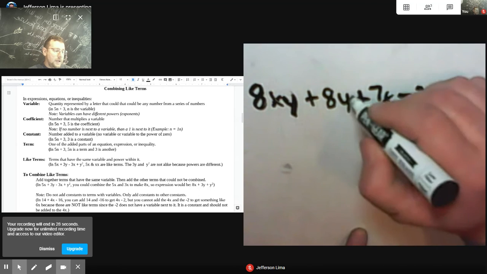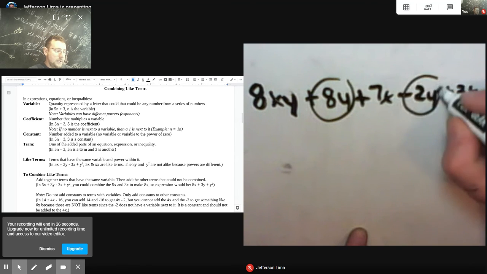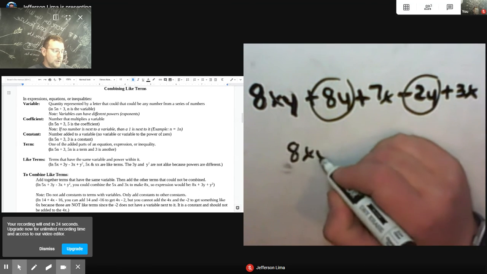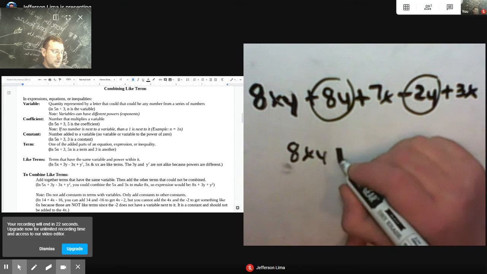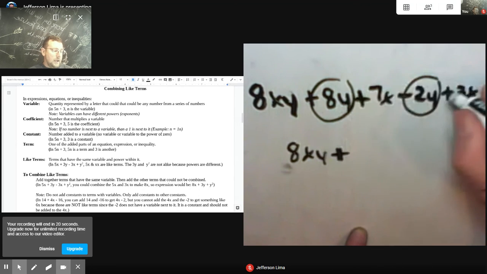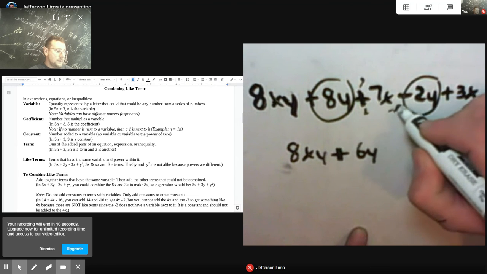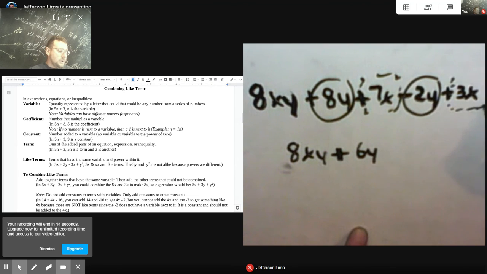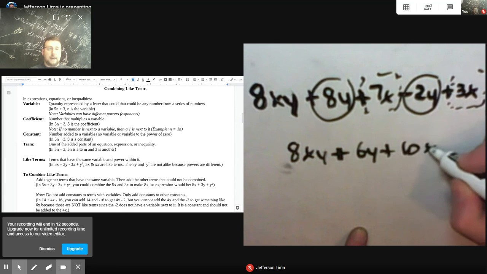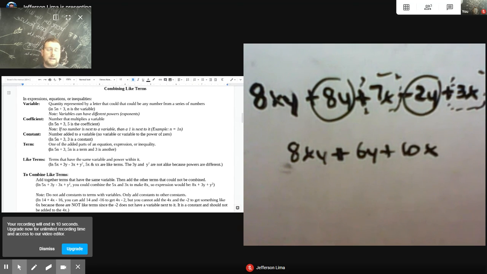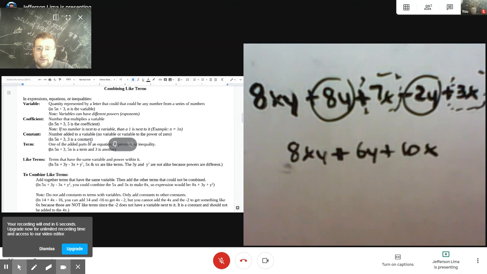But you can combine the 8y and the 2y, and you can copy the part that doesn't have a cousin, right? 8 minus 2 is 6y, and then the 7x and the 3x can be combined to make 10x. And that's how you combine like terms, people. Just put them together. Don't forget there are more examples also sitting in the unit review for you to